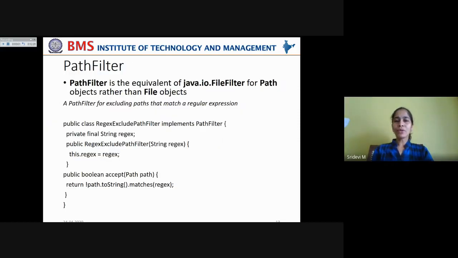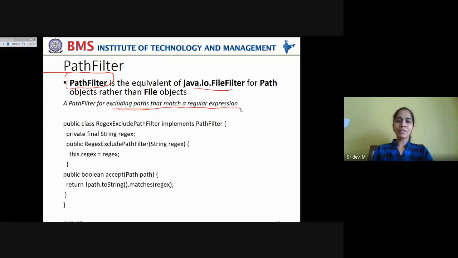Now we can also use PathFilter. PathFilter is the equivalent of Java's FileFilter for Path objects rather than File objects. So if you want to access Path objects rather than File objects, then you can use this PathFilter. Now let us see a small program which uses a PathFilter for excluding paths that match a regular expression.